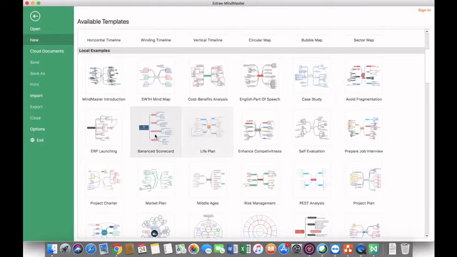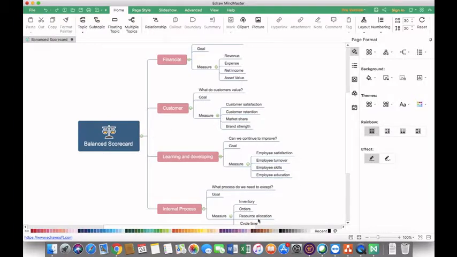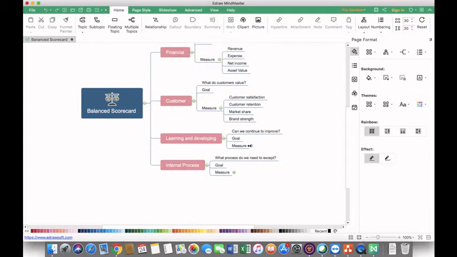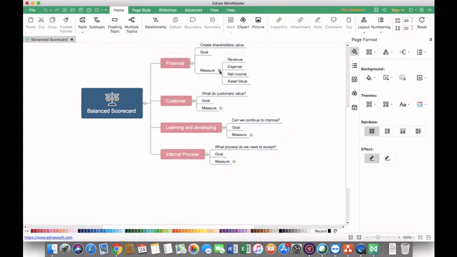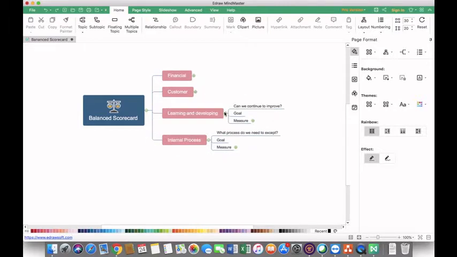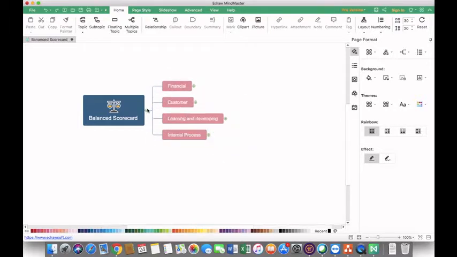Let me just click on this balance scorecard template. I'll click on it and the template will be available to us. Yes. So let me first close everything, and then I'll tell you how we can use it. Let me just close each and every single piece of information. So yes, here I have closed all the information.